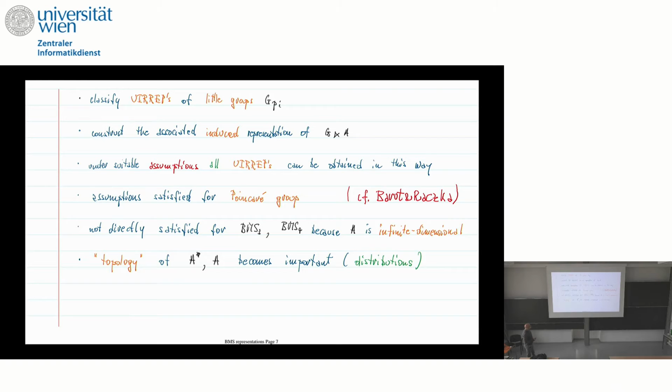And this is specific to, let's say, the groups with this structure. It really builds, of course, on this work by Wigner, but then there have been these extensions by Bargmann and Mackey to make it more general. And then people have tried, of course, to apply it to the BMS3, well, probably to the BMS4 group, and the assumptions are not satisfied because basically one of the assumptions is saying that A needs to be finite dimensional in order to do it in a simple way. And of course, for BMS4, this A is infinite dimensional.